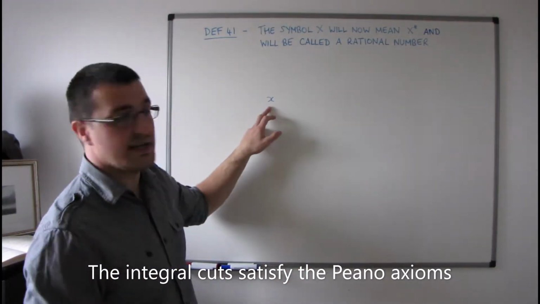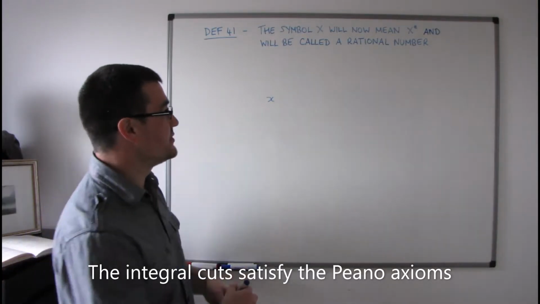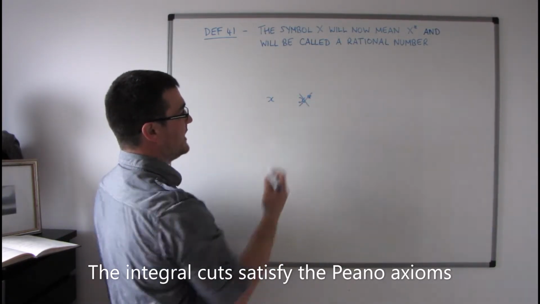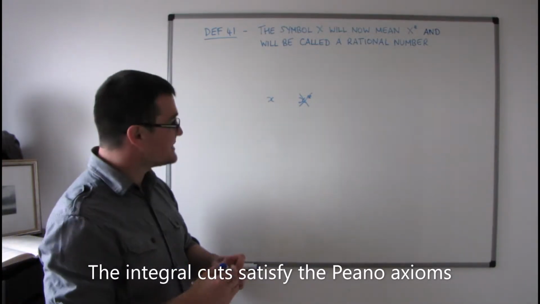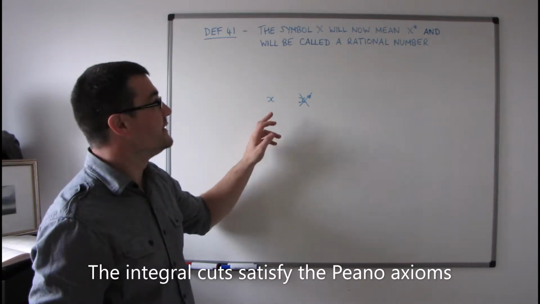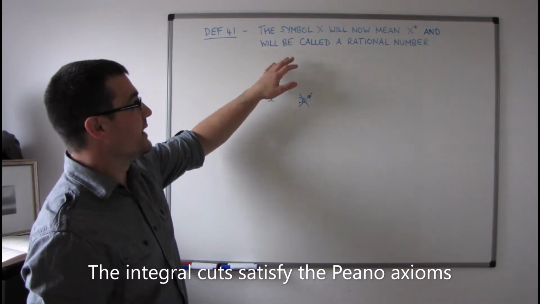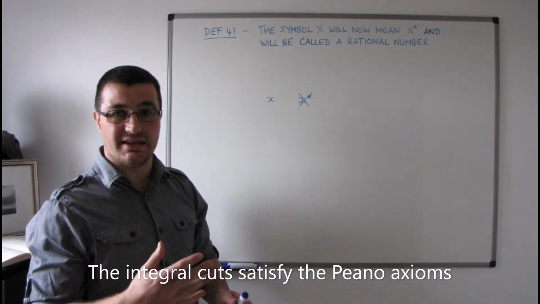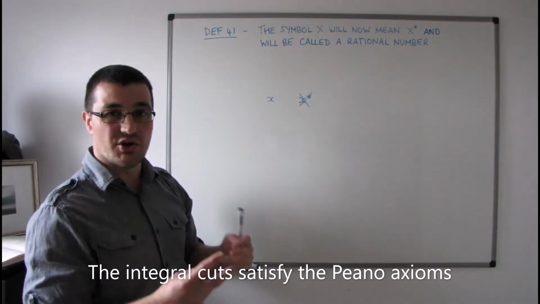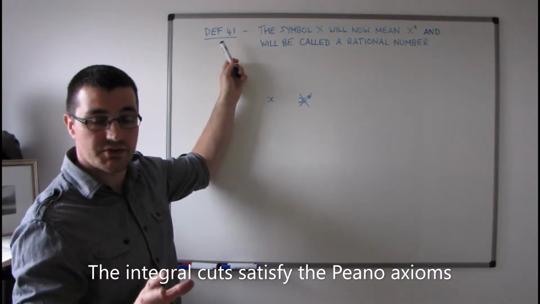Similarly, the notation lowercase x, which has meant an integer to this point, will now be used instead of the notation x star. So we're going to get rid of that. We will still refer to this as an integer, so we won't call it an integral cut, we'll just call it an integer. Very occasionally we will need to still use the symbol x in the old sense. So if we call x a rational number, we could possibly mean it in two different senses. In the sense of definition 41, which is the most usual